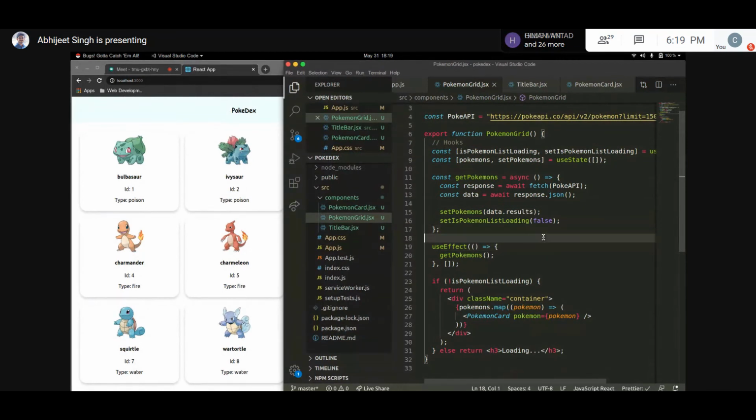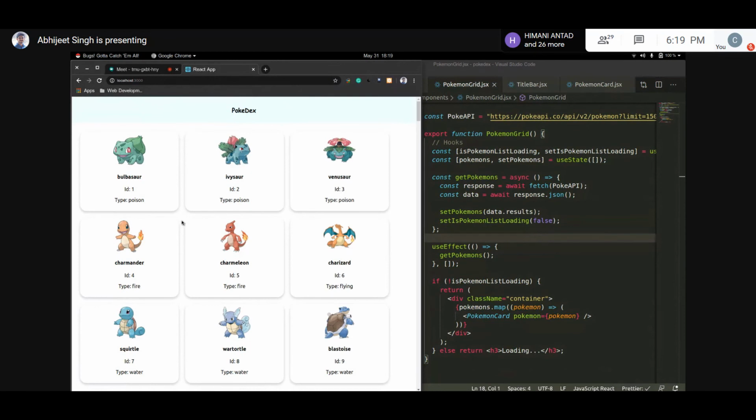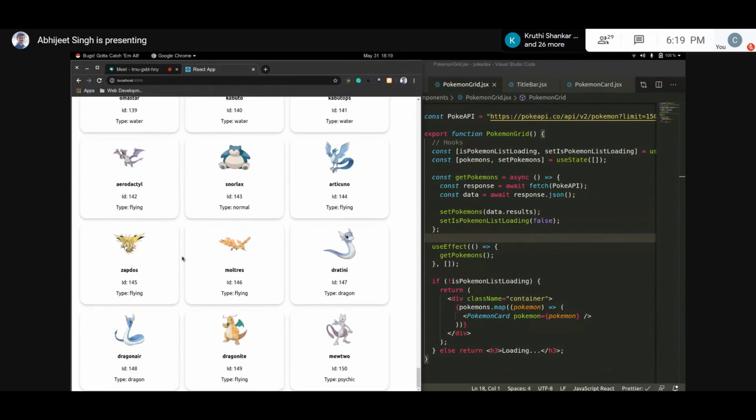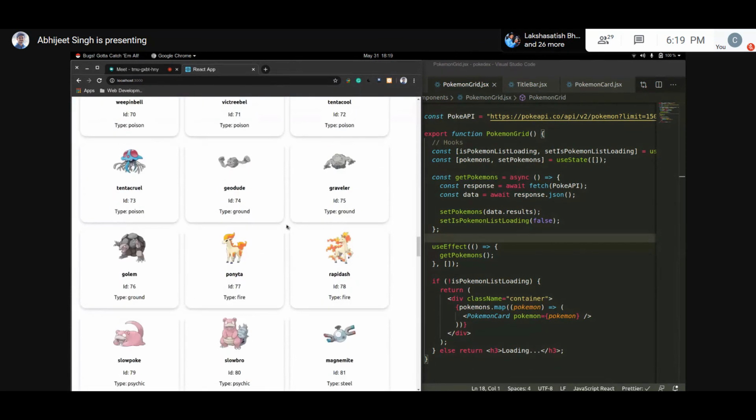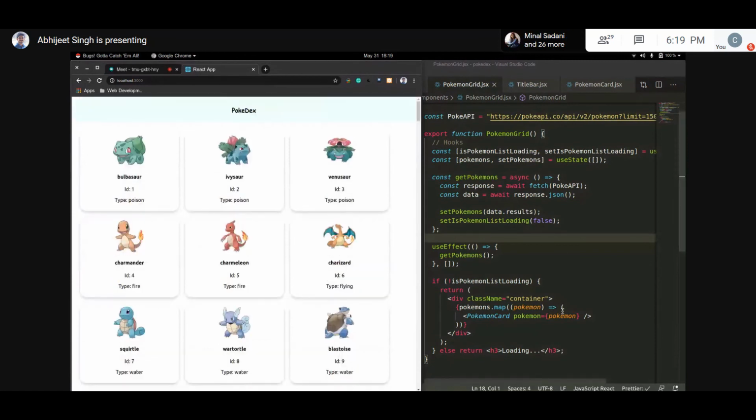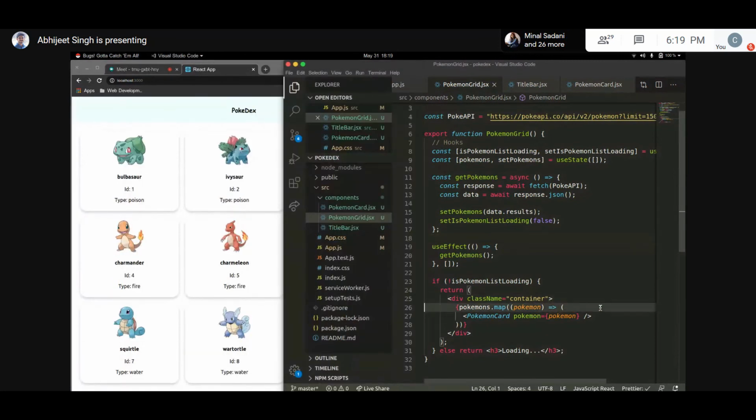Now, what did I do here exactly? In front of you, you have 150 Pokemons rendered, and actually all I did was write the code for only this one. I wrote the code only for this one. I made it reusable using props, and using that, I was able to dynamically render all of this, and this entire page was loaded using these two lines. That's it, just two lines. That is the power of React.